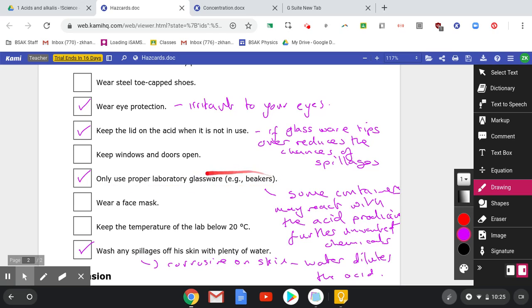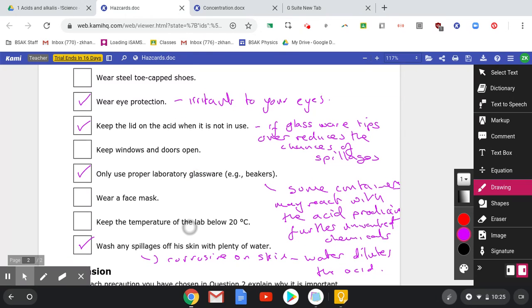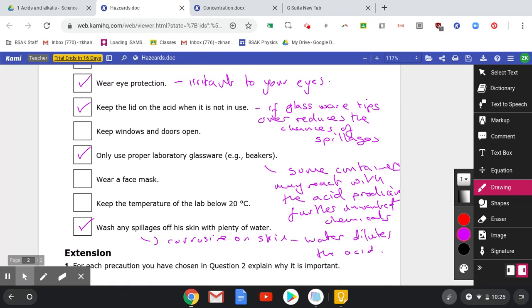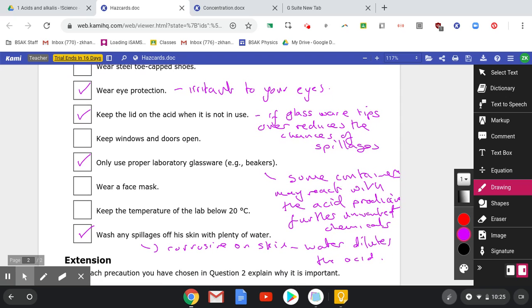So often we use beakers when we are pouring acid from one container to another. Wash any spillages with plenty of water. Okay, so if some acid falls onto your skin,